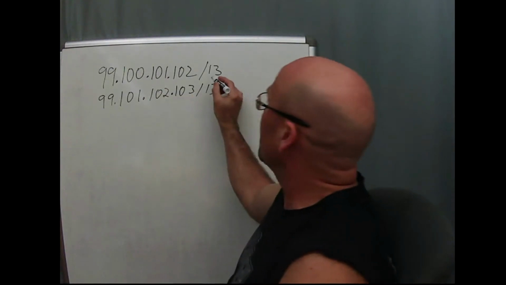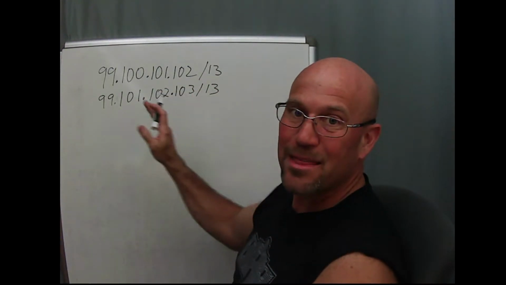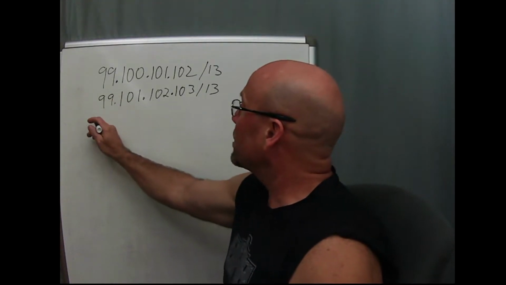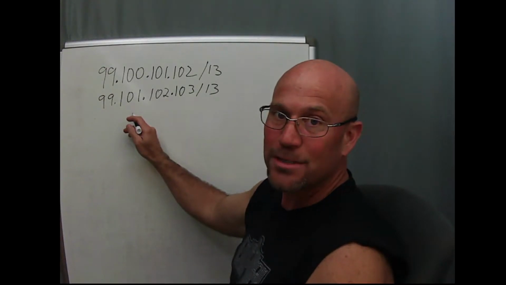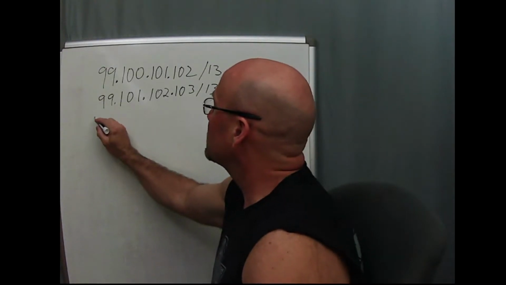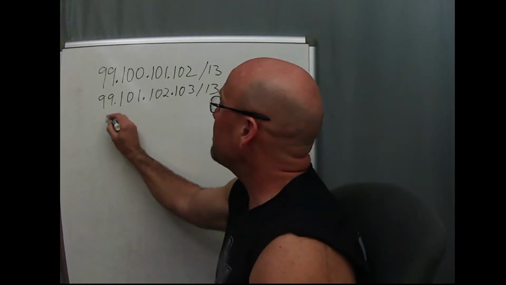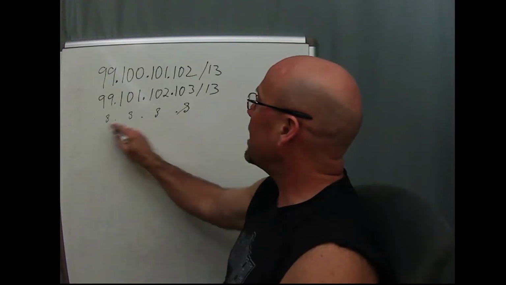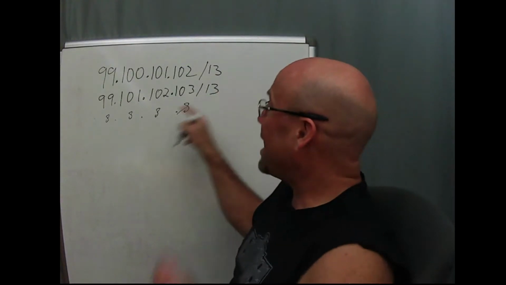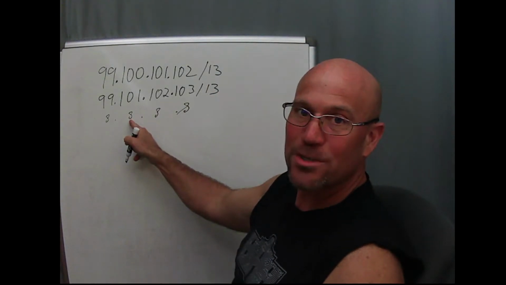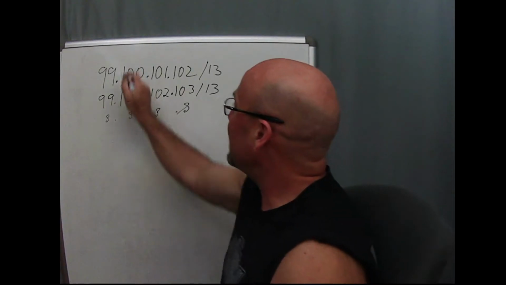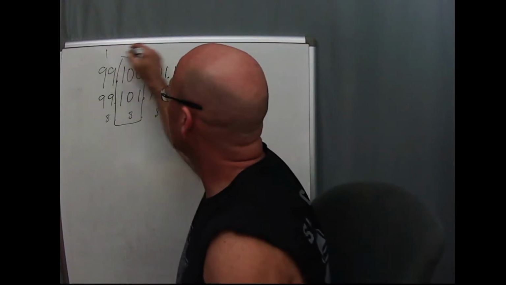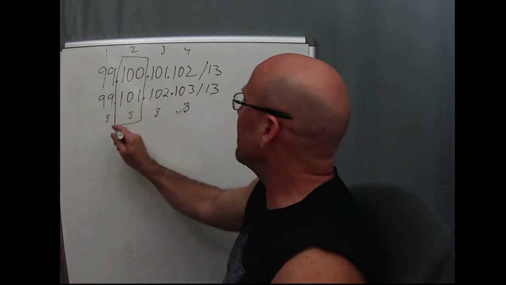So there's /13s, which mean the mask is a contiguous string of ones starting over here, extending to the 13th bit. So we know that we got 8 bits in this first octet. We got 8 bits in every octet. What am I talking about? We got 8 bits in every octet, and the mask extends past the 13th bit. So since that is the octet in question, that second octet, first, second, third, fourth, the second octet, blow it up,